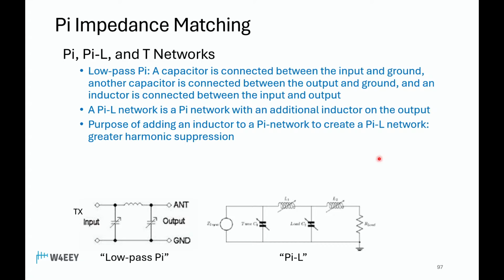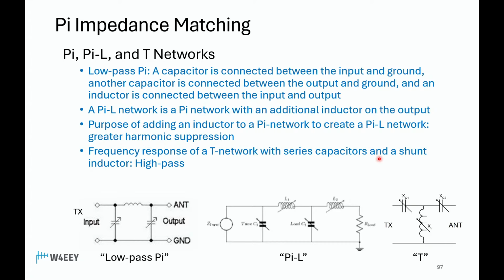And this would help prevent that. The frequency response of a T network, that's over here, with series capacitors and a shunt inductor, is a high pass. They kind of arrange these words in all different orders to help confuse you, but you can see right away